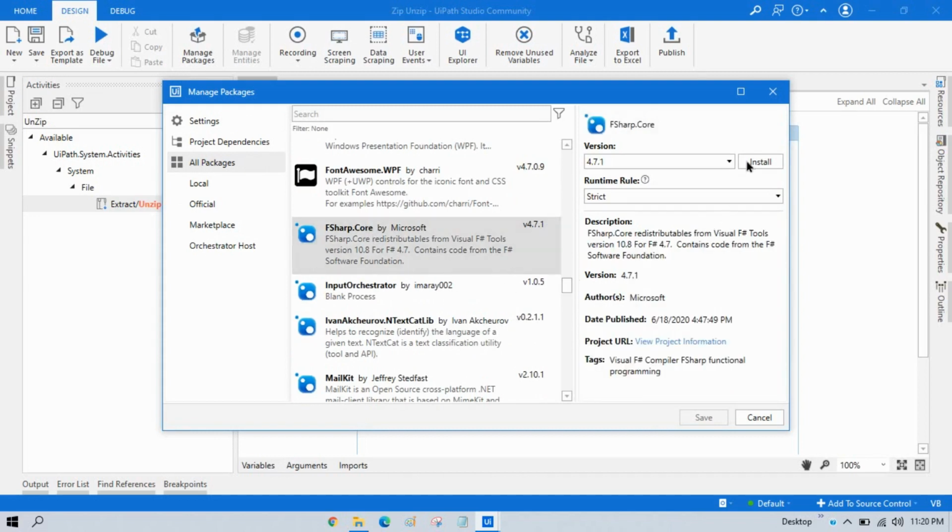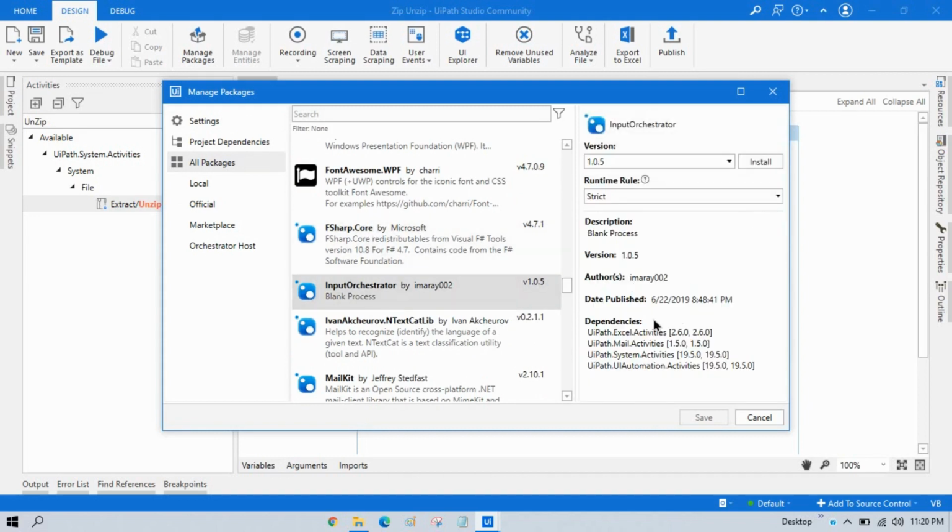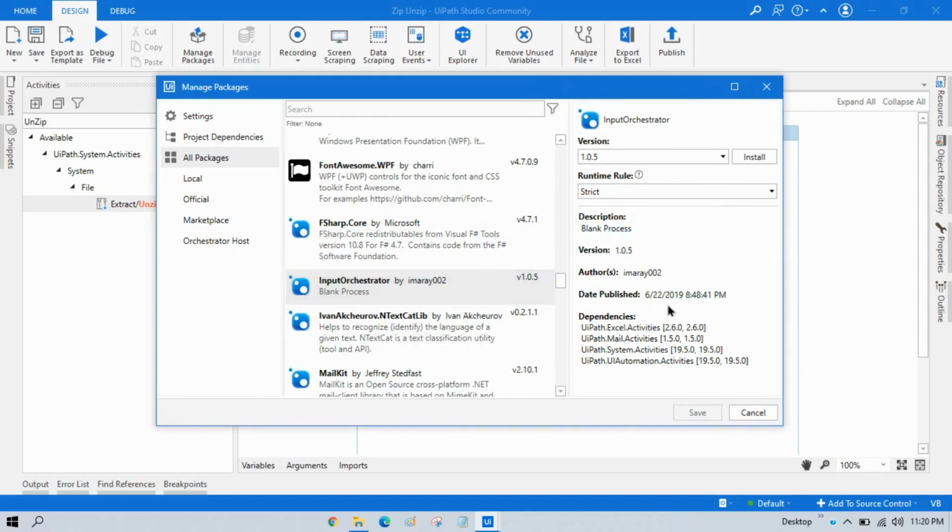You can click on any here, and as per your requirement, whatever you want to do, you can install anything. You can see it shows a blank process. Someone has created this input orchestrator, but you can see there is no description, like what is the use of this input orchestrator. This person has added these dependencies into this package, but I don't know what is the use of this.